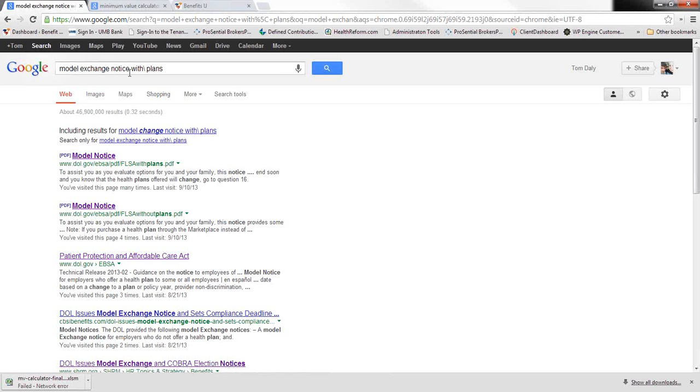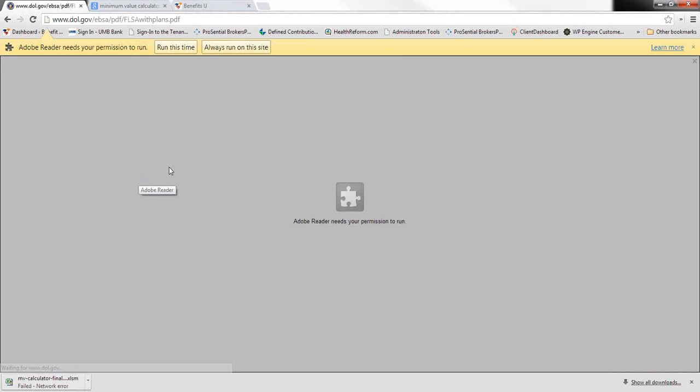So if you're starting from scratch and you don't want to save the emails that you've been sent, you can search model exchange notice. You can put with plans, and here's where it's usually the top one on the list. There's a with plans notice and a without plans notice, and they're slightly different. I'm pulling up the with plans notice because I feel like that's the one most applicable to the people we're talking to today. It also is the most difficult to complete, from the standpoint of missing parts to it,